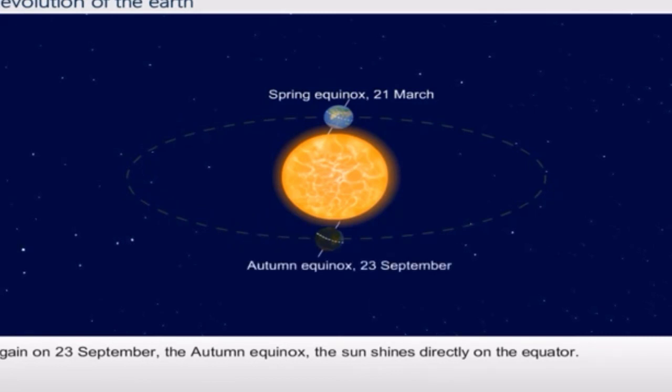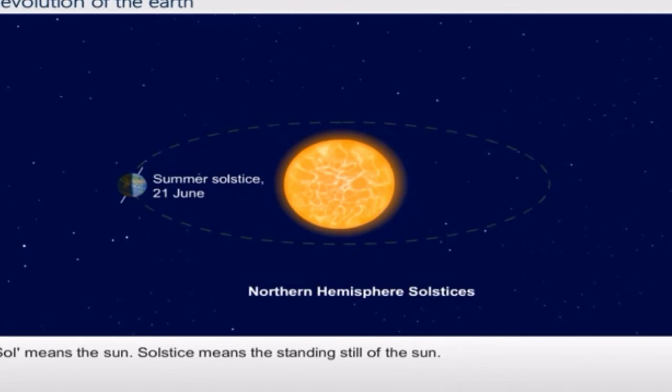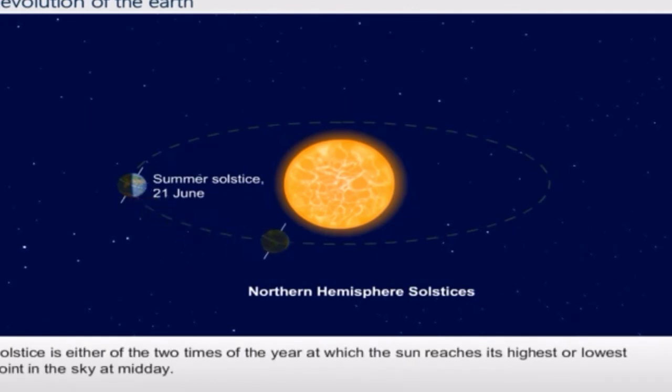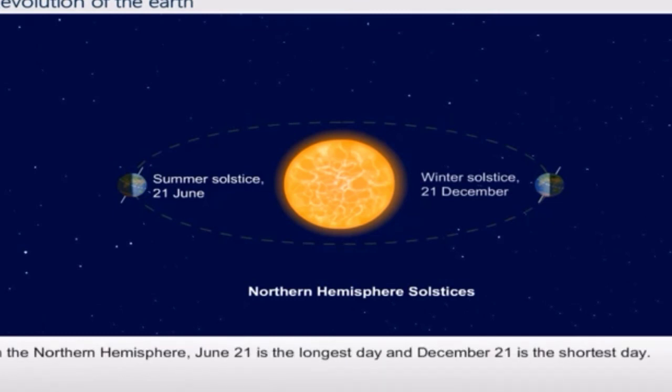Sol means sun. Solstice means the sun standing still. Solstice is either of the 2 times of the year at which the sun reaches its highest or lowest point in the sky at midday. In the northern hemisphere, June 21st is the longest day and December 21st is the shortest day. So here you see the summer solstice and winter solstice, on 21st June and 21st